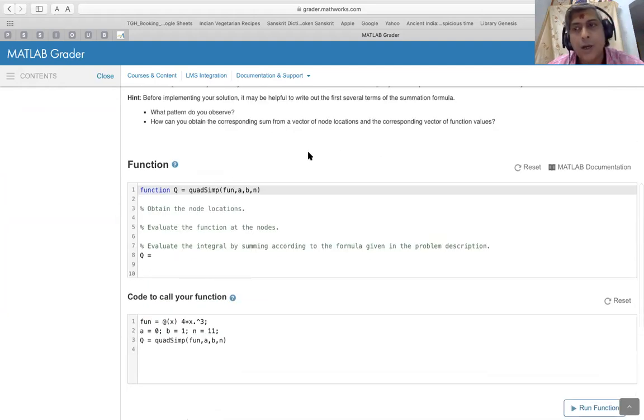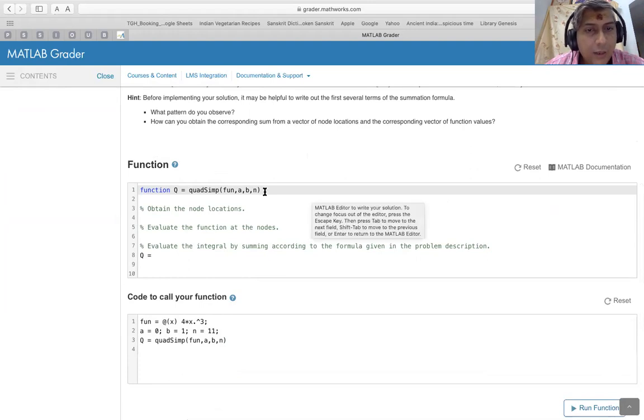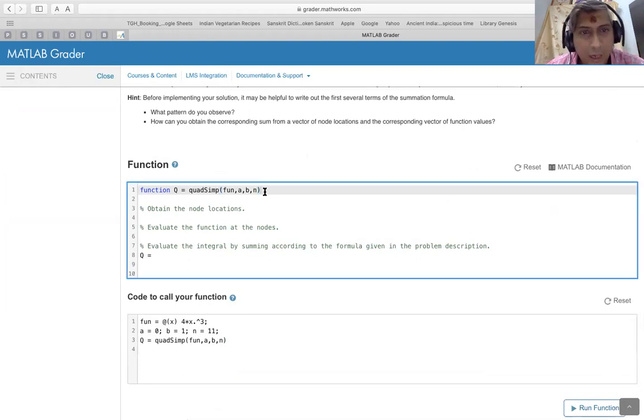And then comes to the part where the user has to write a code. And the user is being cautioned that the user has to write a function here and not a script. As you can see, when I click here, now I'm in the learner mode. I cannot really edit this part. So however much I try, I will not be able to because it has been locked.